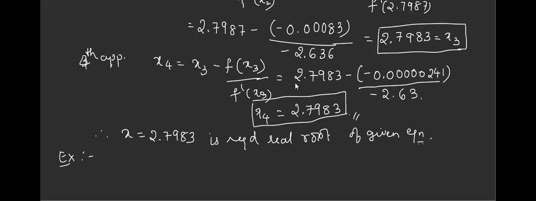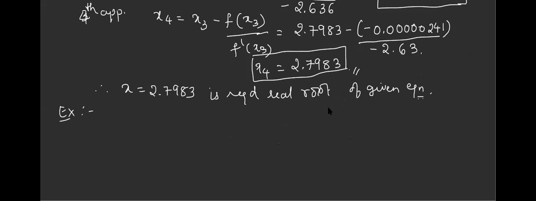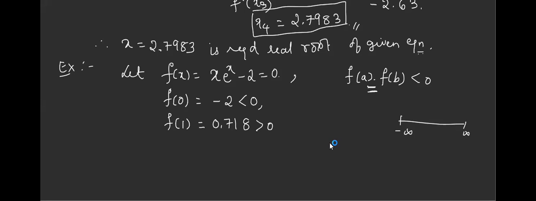Let me give one example which all of you are going to try. Will you do it? Yes, ma'am. I'll give you the equation, or else I think we have that question here only. Just one second. For this equation, they have not given any value it is nearer to. So just put x as 0. Then you will get the value as negative. So for this property to be satisfied, f of a into f of b less than 0, I'm interested in one more value which should be positive. Here it is satisfied. So what this means is, the root lies in which interval?